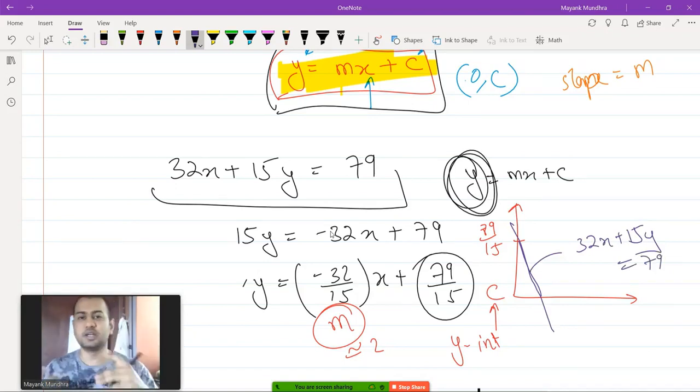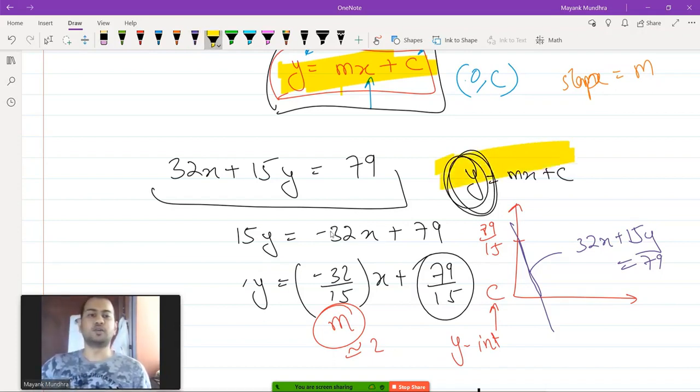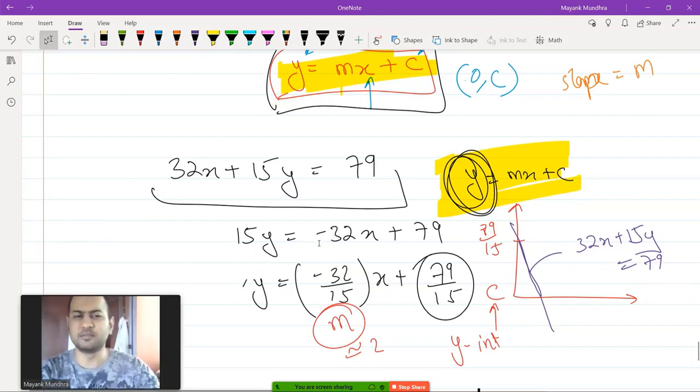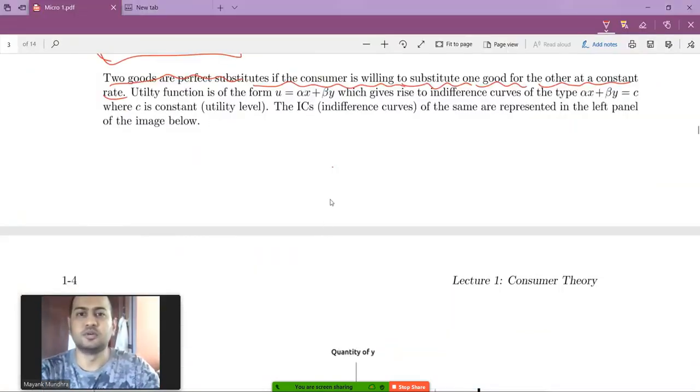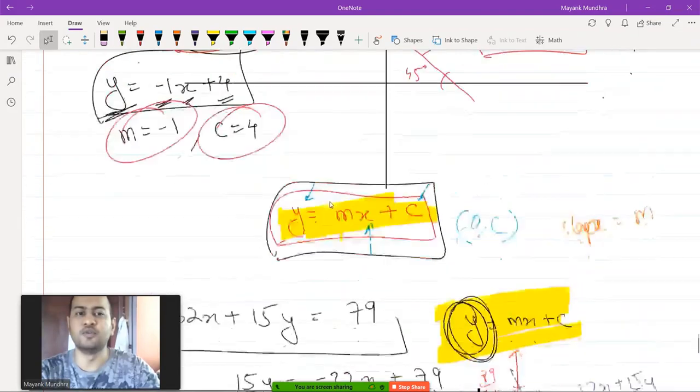So in the initial days, always try to convert any equation of a line that you observe into y equals mx plus c format. Try to remember this, convert it into y equals mx plus c, and then you can just plot it on your Cartesian plane. It is possible that sometimes you'll get positively sloped lines as well. So if this m value is positive, whereas here we are getting it negative, so we are drawing a downward sloping line. If you get it positive, you draw an upward sloping line. So that's how you plot equations of lines.